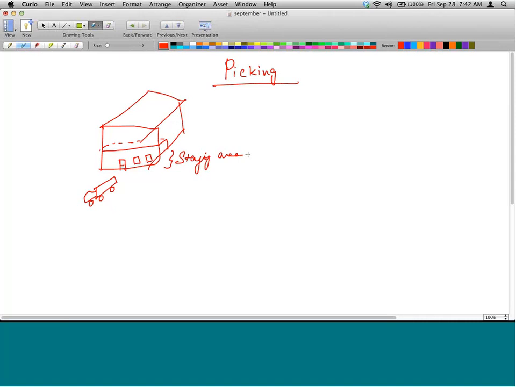But before they can do anything on the delivery, first they have to pick the material from the warehouse. They will be stored somewhere here in the third aisle, fourth row, 8th bin, 10th column. We don't know how the warehouse is structured and organized. We don't care. They will be stored somewhere.